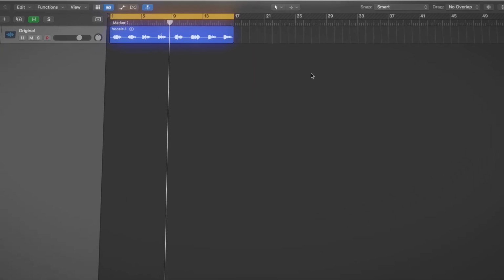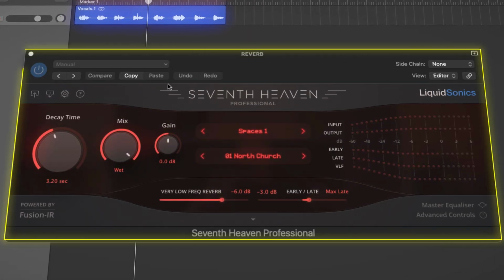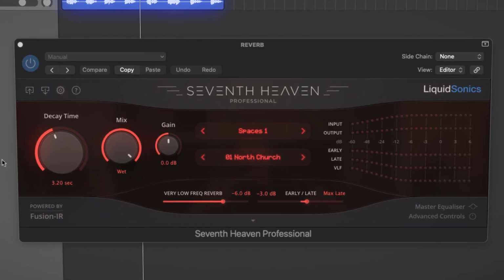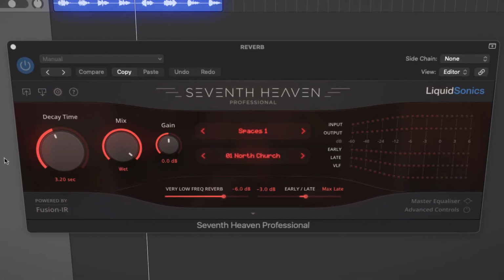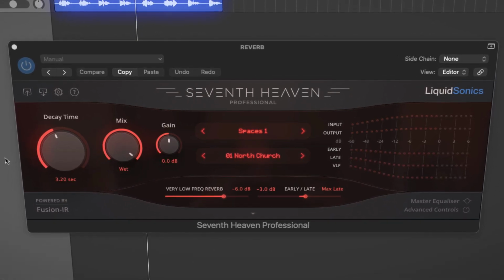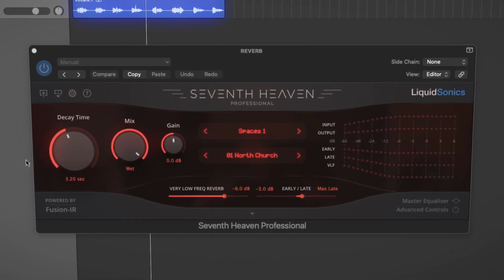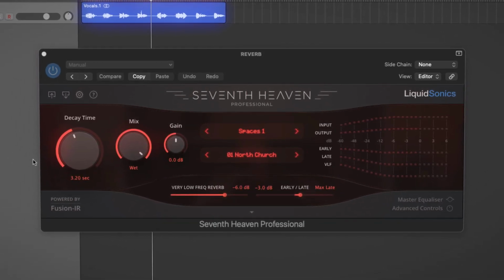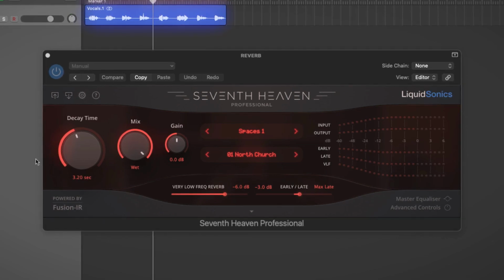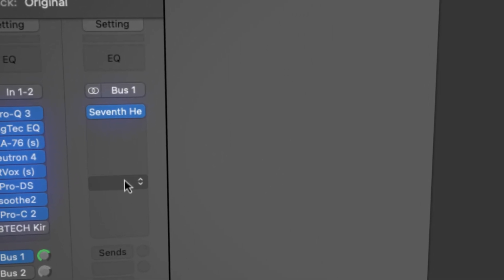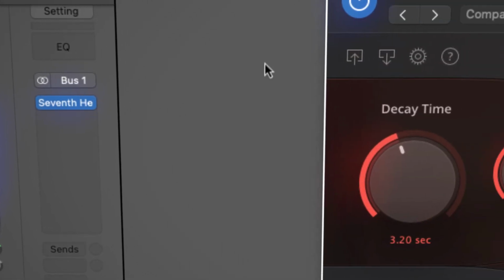The first bus would be Seventh Heaven Reverb. The Seventh Heaven Reverb plugin is a high-quality reverb effect plugin developed by Liquid Sonics. It's renowned for its advanced algorithmic reverberation capabilities that aim to recreate the lush, immersive sound of classic hardware reverbs and acoustic spaces. Simply create a new bus and open an instance of Seventh Heaven Reverb and choose Space 1